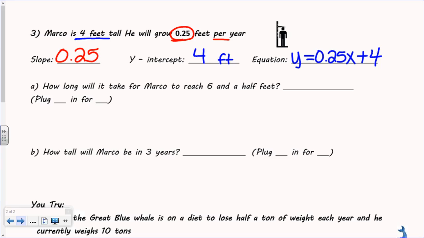So now our question is, how long will it take for Marco to reach 6.5 feet? So we're looking for how long. Long is amount of time. So we're looking for x, and he's going to reach 6.5 feet. And so that 6.5 feet has the same